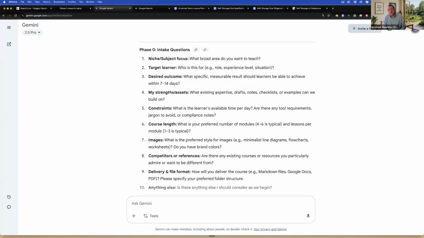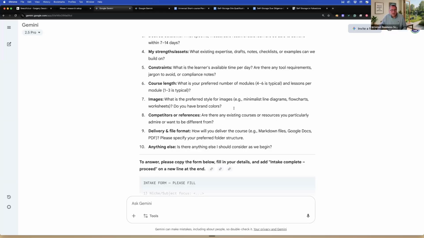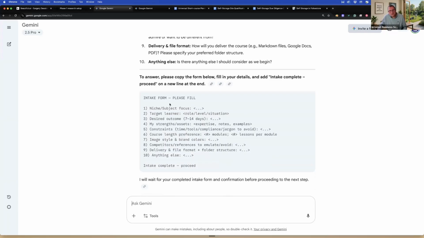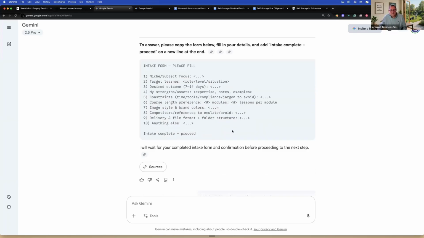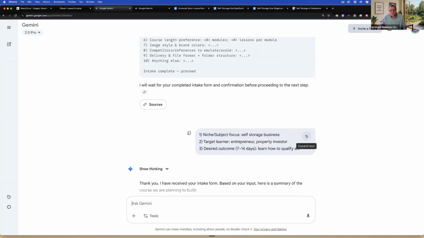If you don't have a course idea, then you can keep all of these questions quite loose. Or if you haven't got an idea of what your course length is going to be, just say, I'll leave it up to you. Okay, you're not sure, and AI will help you determine what will work. Okay, so I've left this quite broad. There's sort of 10 questions in here, and hopefully it prints out a little form here, and all you need to do is copy and paste this into a chat